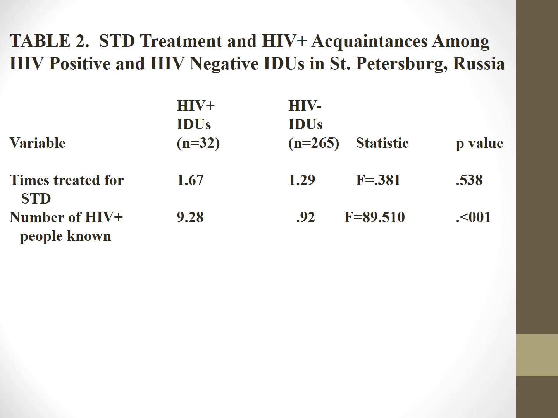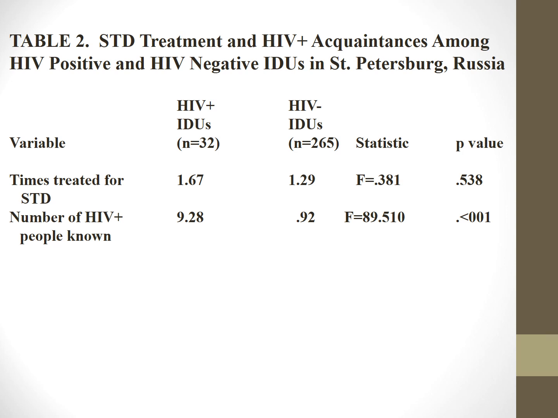And what came out as far as a statistical result? I was looking at a couple of things. One is how many times you were treated for an STD, and also how many HIV positive people you know. Now it's probably not brilliant here, but for the second one, the number of HIV positive people known, the folks who indicated they were HIV positive had a statistically significantly higher number of HIV positive